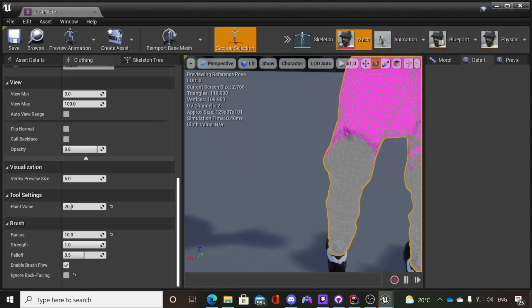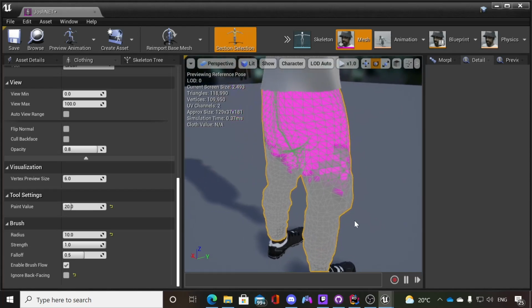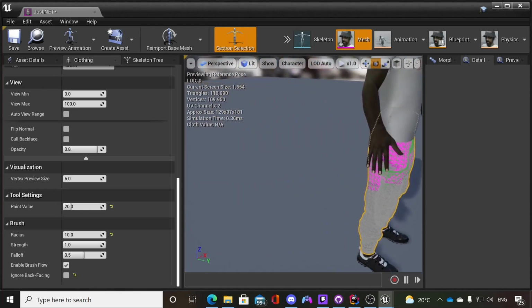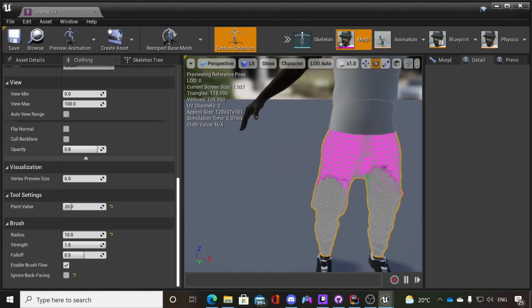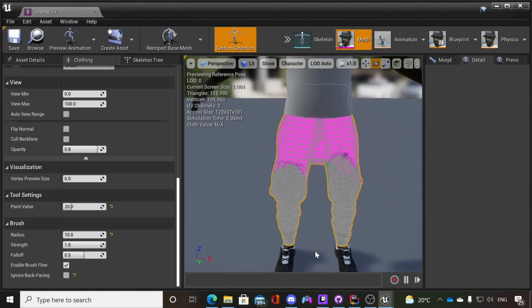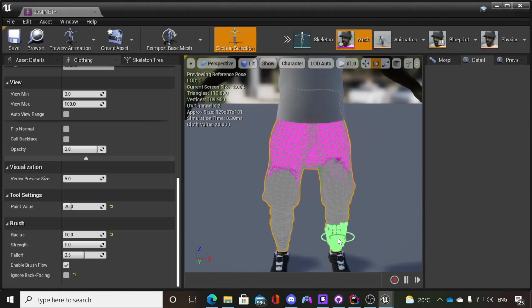For the leg, this upper part. So, one thing to remember, I didn't mention it when doing the hat: you need some parts of the trouser to have no simulation, because that's going to be your anchor point. Basically, that's going to be like, okay, you need to stay on the body. You need something to hang off of, basically. Because I'll show you now, if I applied a paint value of 20 to everywhere,